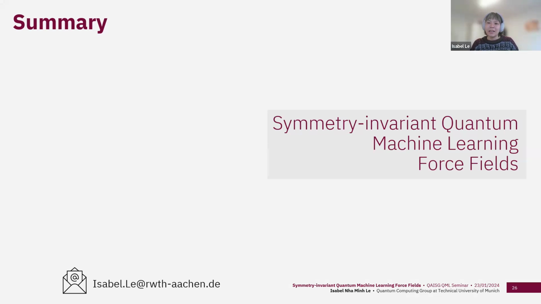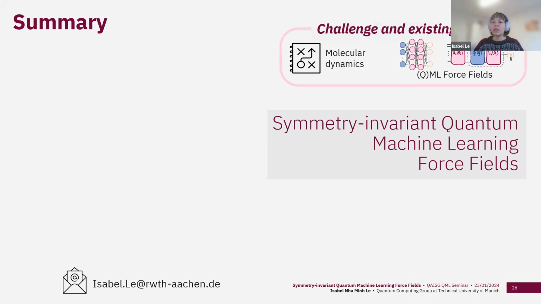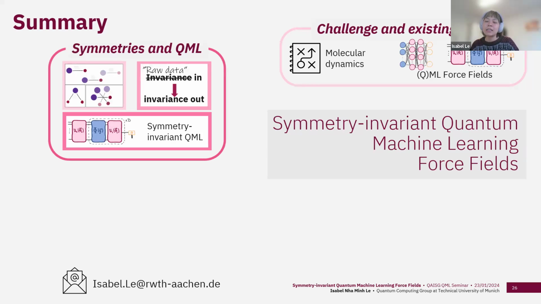Okay, so I think we have learned quite a lot about symmetry-invariant quantum machine learning force fields today. So I want to shortly summarize what we have seen. We started from molecular dynamics, for which we require a model that can give us access to the atomic forces in order to simulate the dynamics of atoms or molecules in a chemical system. And we have seen that such chemical systems obey symmetry invariances such as translations, rotations, permutations, or reflections. That means that any model that wants to make reasonable force predictions also needs to reproduce this symmetrical behavior.